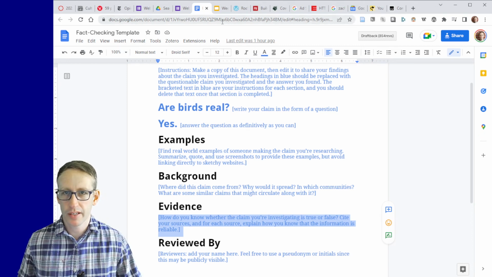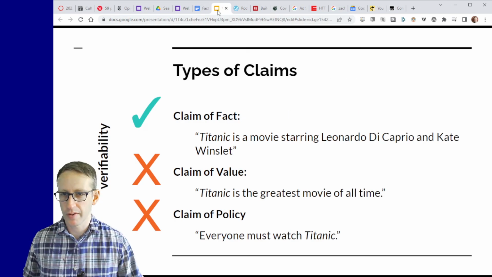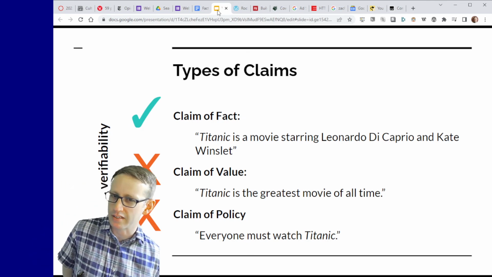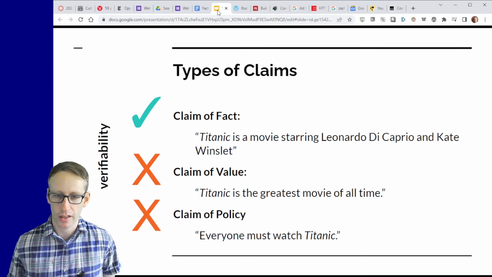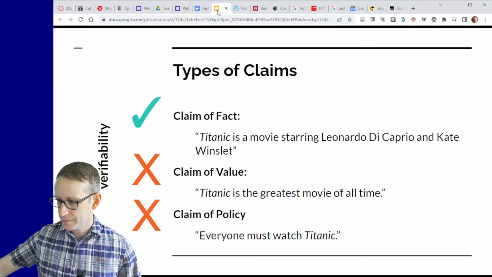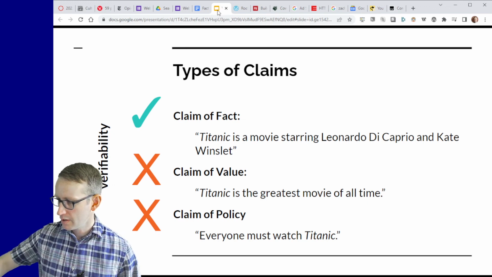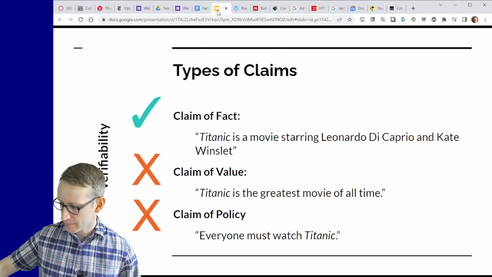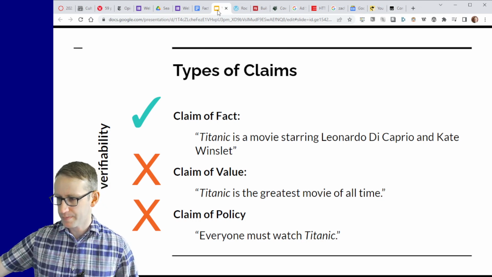But yeah, let me go back to my slide because I like the visual I made for that one. When I'm differentiating types of claims, I'm trying to show you that the claim of fact is the one that you want to focus on. That's the kind of thing you're looking for. Dubious claims of fact. Kind of a technical way of phrasing it, but sometimes technical phrasing is necessary for precision, and I'm trying to be very precise here.